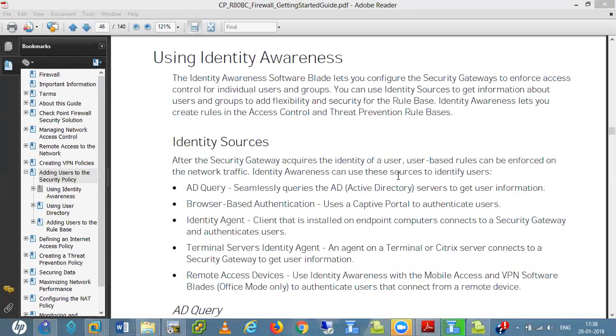In AD, I just give the domain name and the IP address of the AD server, that's it. It's not a big deal even if you are not much aware of ISE and all these things, like SecureID. If you are aware of these things, then it becomes very easy for you.